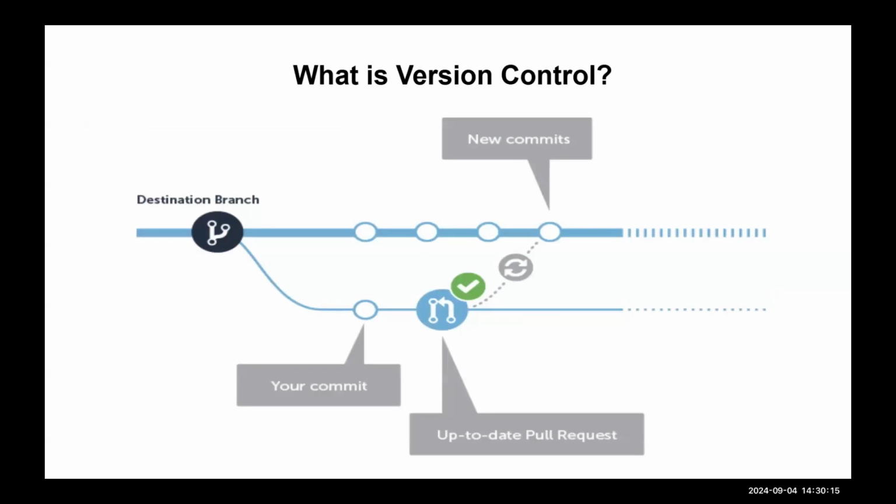And so what is version control? I told you a little bit about version control, but this is a nice graphic, I think, that gives you a good idea of this in visual form. So this destination branch is the place where we will put, this is like the organizational repository I told you about at the beginning of the class. This is a symbol for fork. So you can see that you have this fork, and then this is your account. This is your repository that you fork. So when you fork something off of the organizational repository, it creates a new place. And this is something that you will contribute.